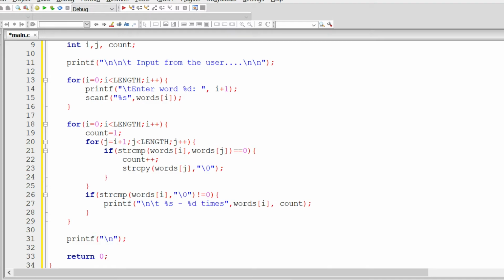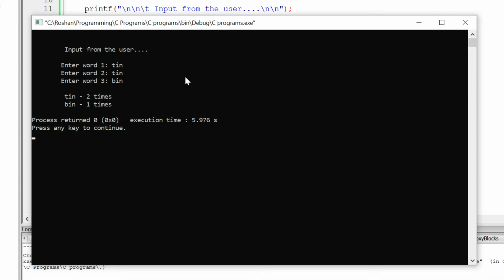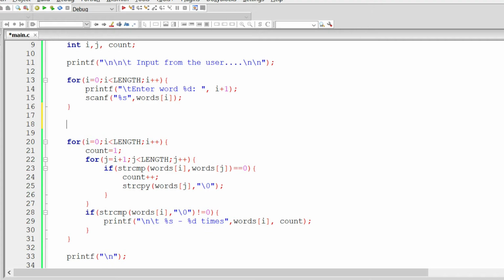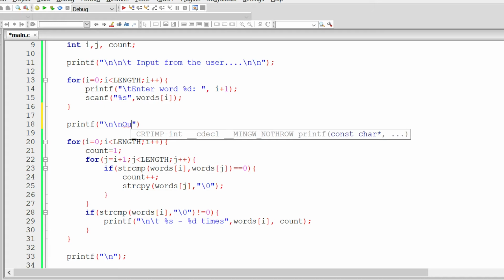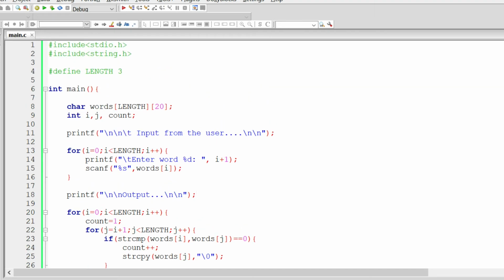Let's save it and run it. So enter word 1, tin, tin, bin. So tin 2 times, bin 1 time. So let's also include a message saying output. So we are separating input from output, and let's change the length to 5 so we can input more words.